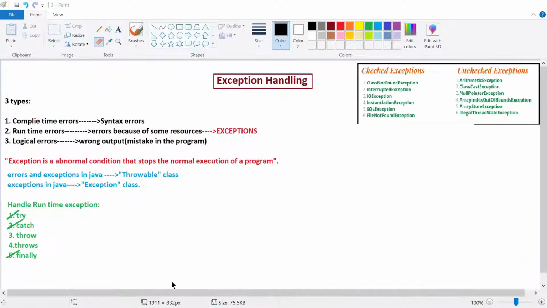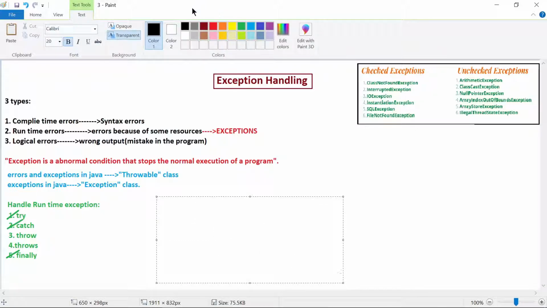Before going to learn about throw and throws, I just want to highlight some points here. Normally, whenever we are talking about exceptions, exceptions are of two types. Keep note, all of you. Exceptions are of two types.